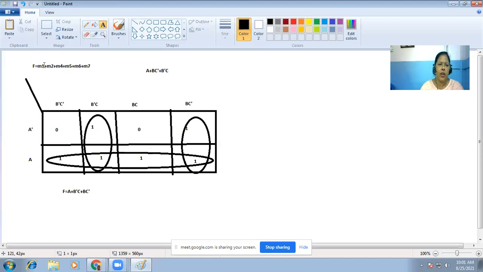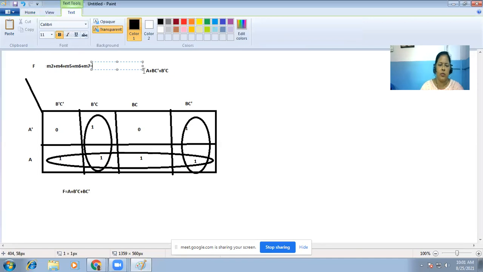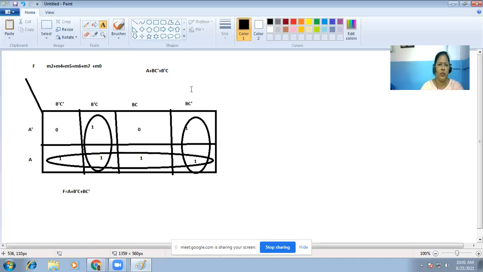Now instead of 1, if we make this 0, instead of M1, if we make it M0, then what will be the simplified expression? Yes, because we will have two quads.